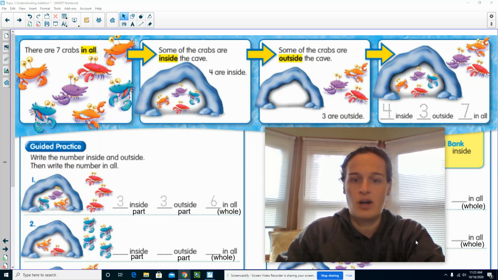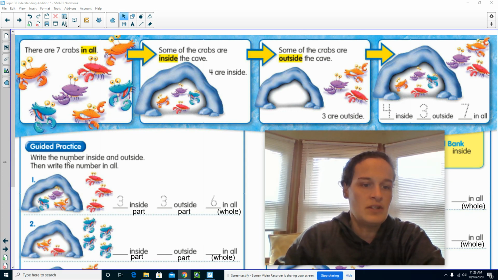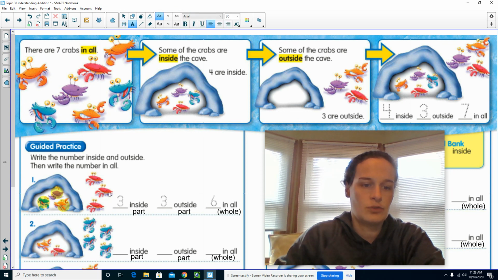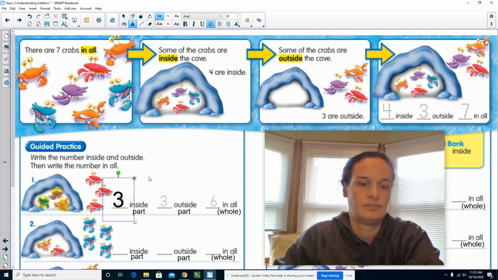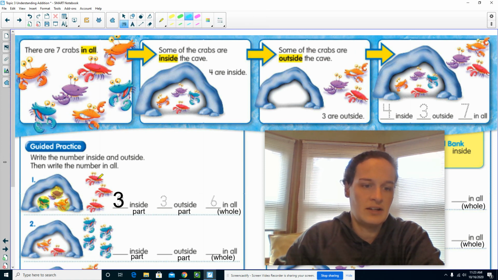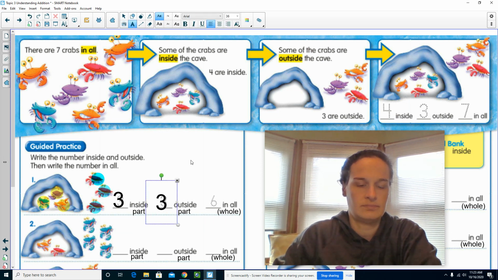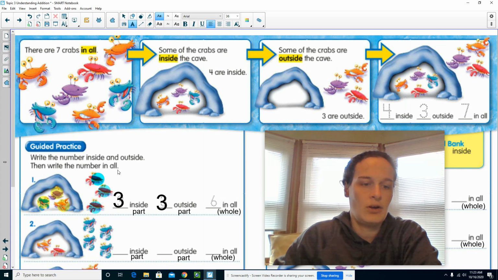Let's take a look at our first problem here. It says write the number inside and outside, then write the number in all. So we're going to start with the number inside. Well, I see 1, 2, 3. There are 3 inside. Outside, there is 1, 2, 3. Well, now we need to figure out the in all. 1, 2, 3, 4, 5, 6. There are 6